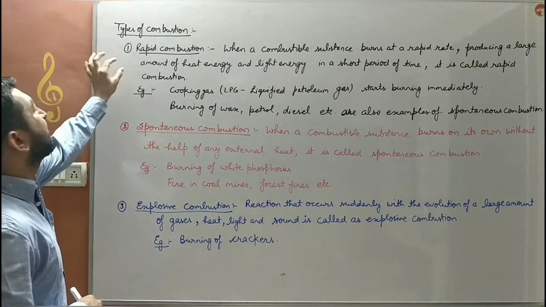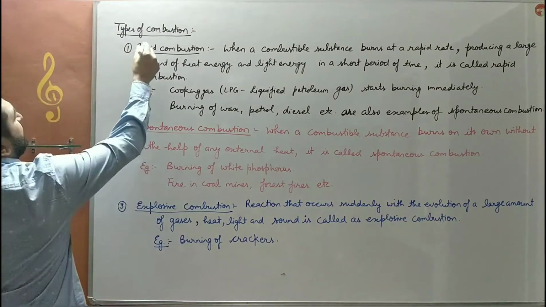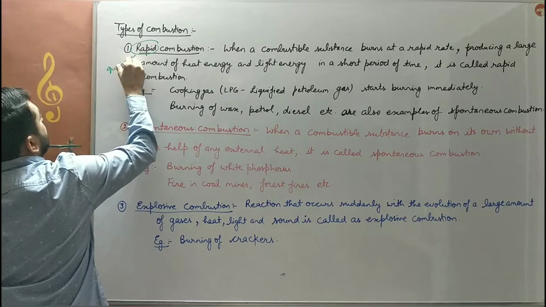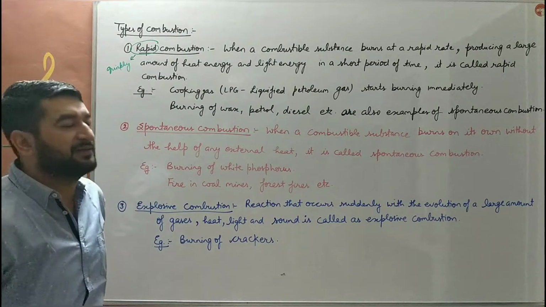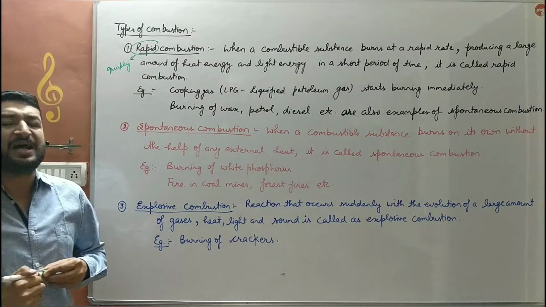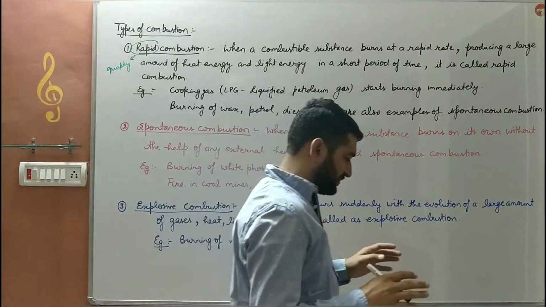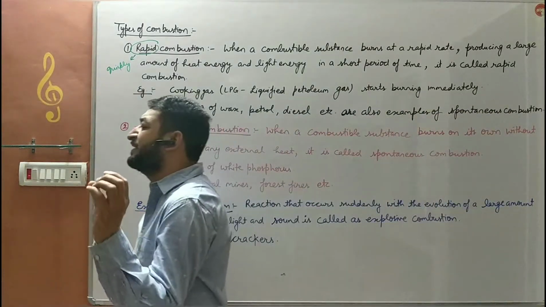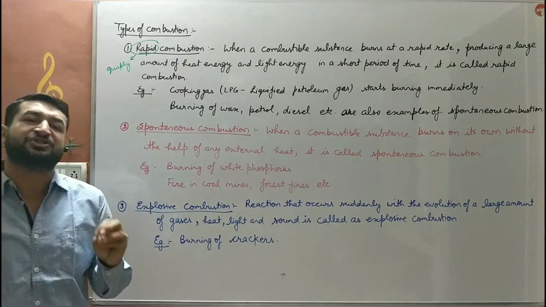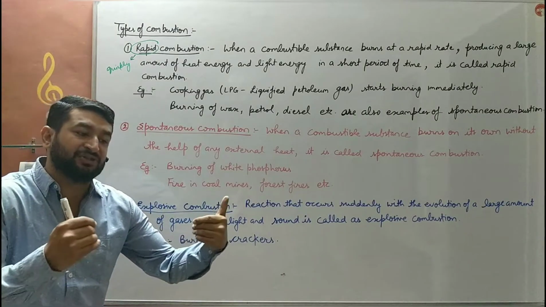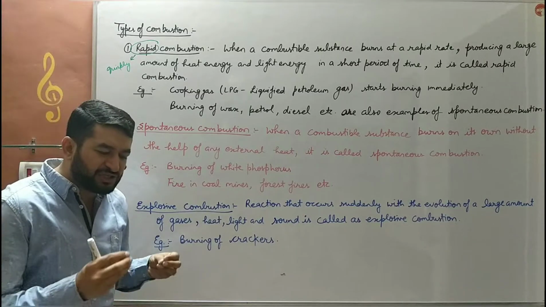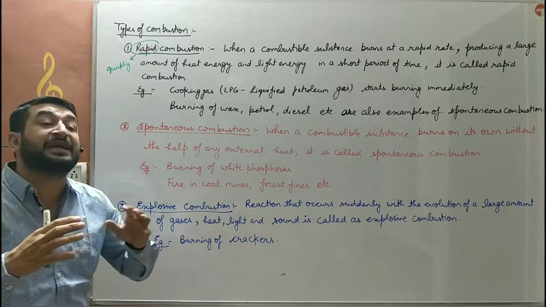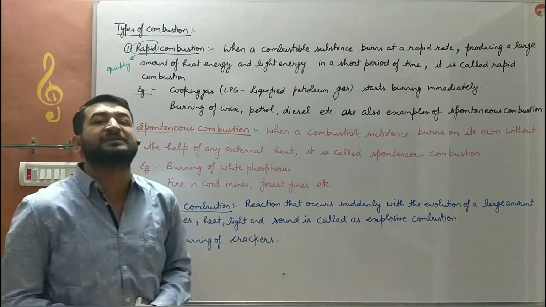The first one is rapid combustion. Rapid means quickly, तेजी से बच्चे. Rapidly. When a combustible substance burns at a rapid rate, producing a large amount of heat and light energy, that kind of combustion is known as rapid combustion. जैसे ही बच्चे उसे हल्की सी हीट मिली, हल्की सी फ्लेम मिली, it will catch fire very, very easily. For example, LPG,